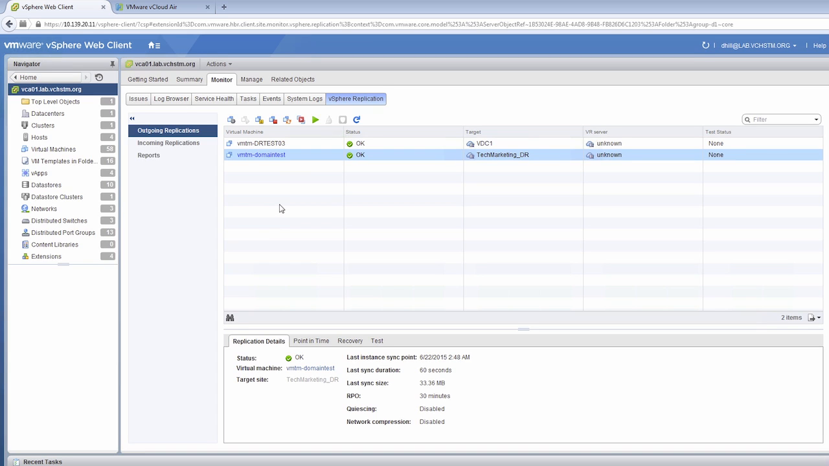So as we saw in the previous tutorials, when we fail this virtual machine over to our disaster recovery VDC, this will actually be running in our cloud environment. It won't be running anymore in our on-premises environment. So we're going to initiate the failover,